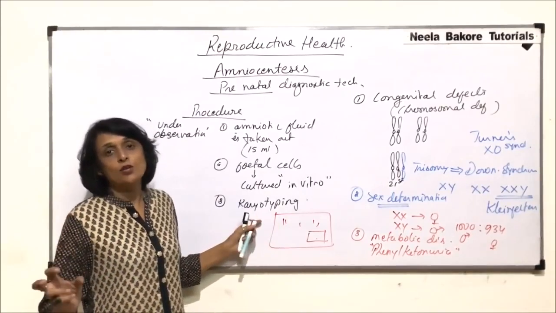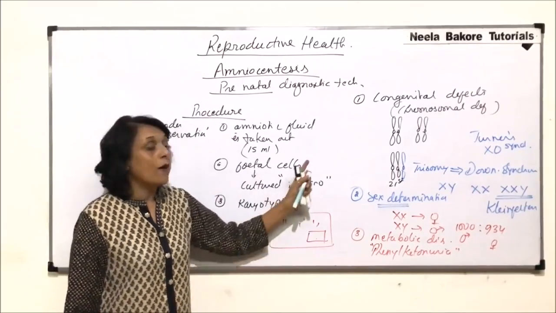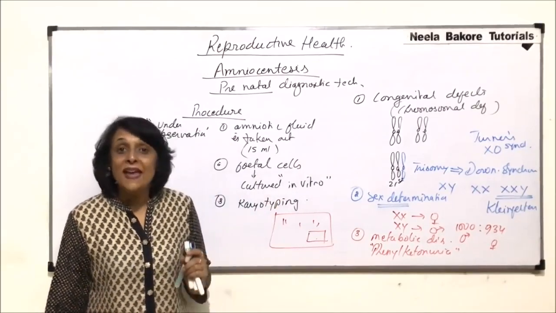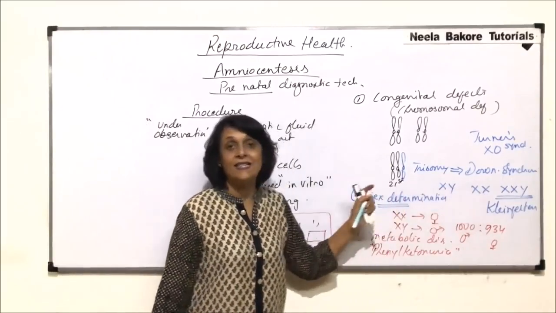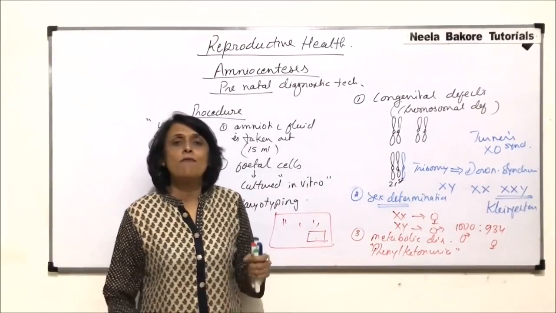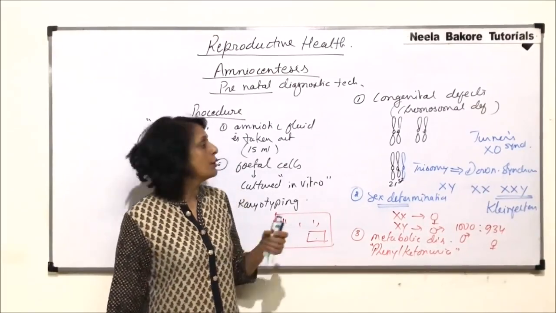And if one cell is showing this defect, obviously it is in all other cells. Now, if something major is detected, something which is going to be very, very harmful for the newborn or for the individual, then